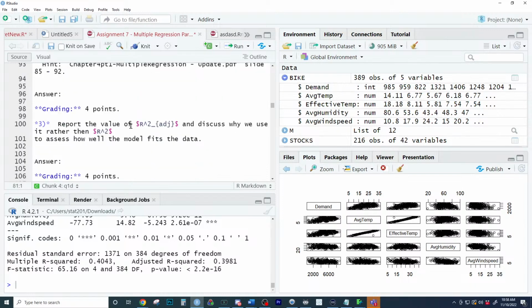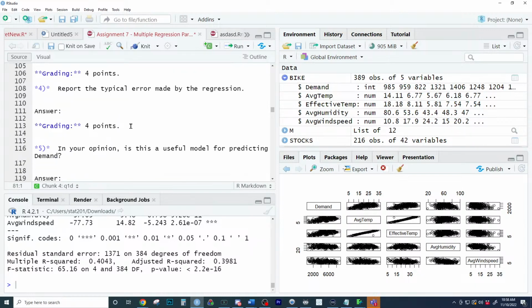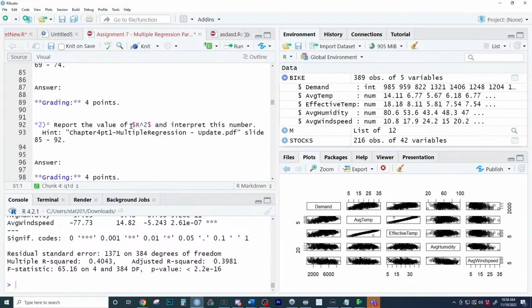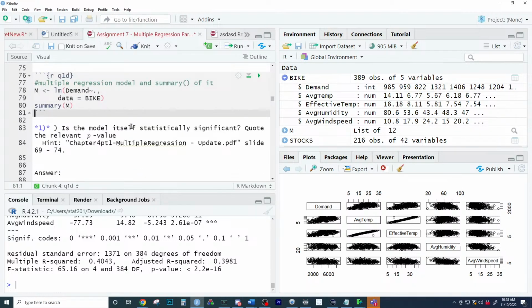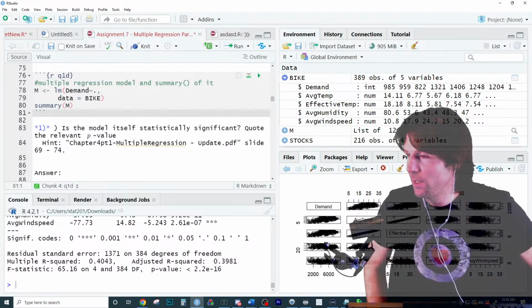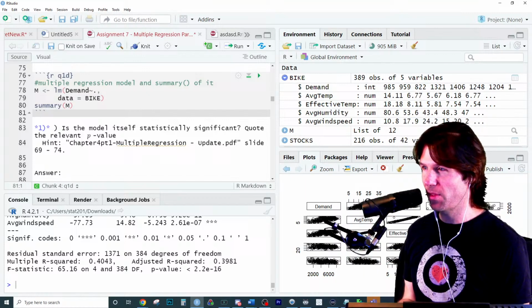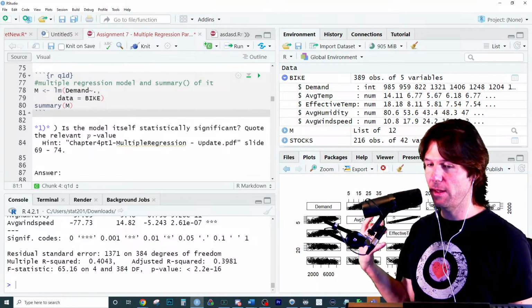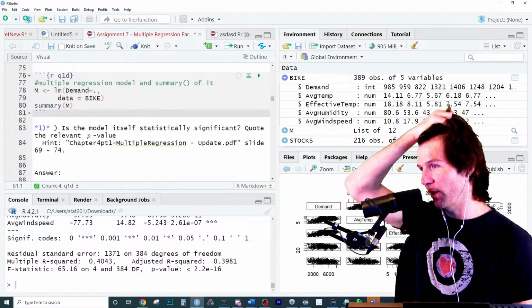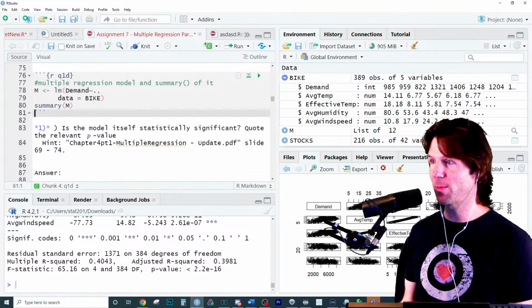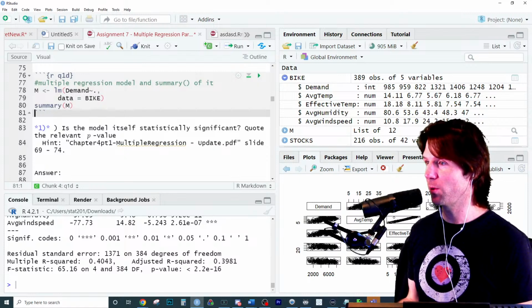Questions 1, 2, 3, 4, 5, 6, or just 5. There we go. Which of these should we talk about? I'm going to try not to give the full answer. Is it starting to come together? Are you starting to see a lot of the same things? This is where I hope it starts to feel like we're doing the same thing a lot. Wait, we're going to summarize it. Wait, we're going to check regression. Wait, we're going to visualize it.